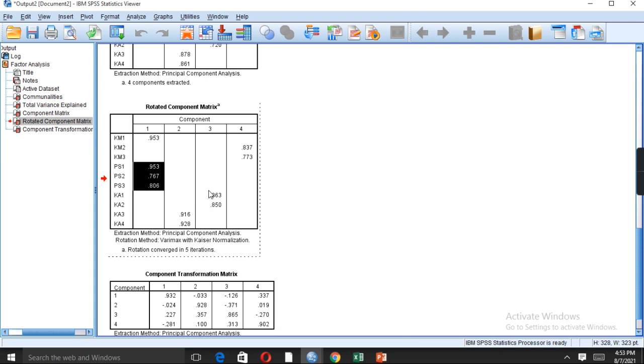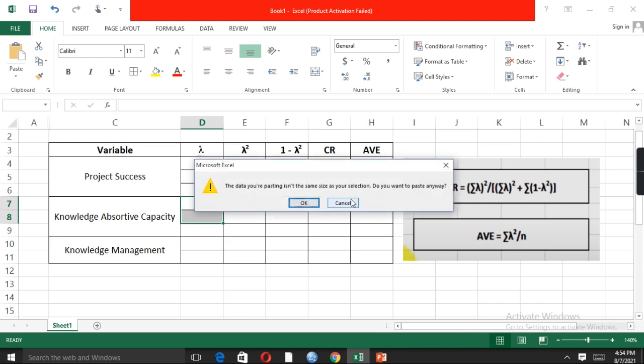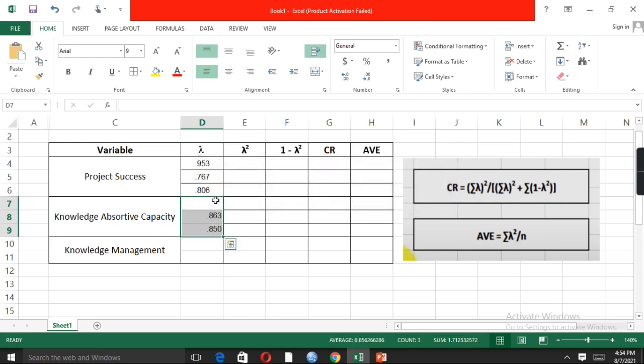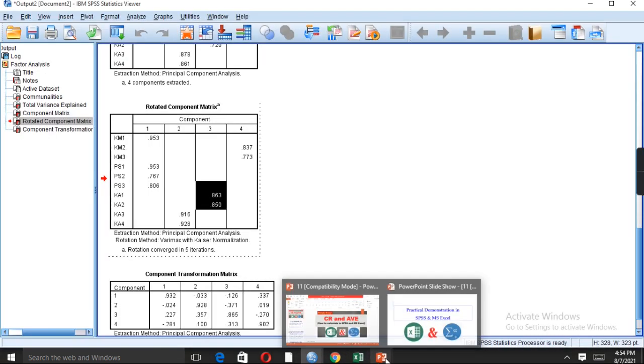So these values are pertinent to knowledge absorptive capacity, and similarly some other value like 0.916.